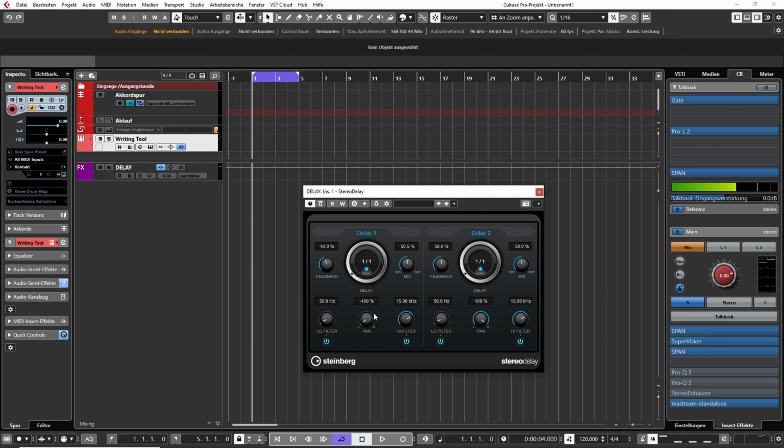And also, you have the panning option here, which tells you on which channel basically each of these delays should work. In this case, it is set to default only working on the left channel, and for the second one only on the right channel, which means that you have a quite easy way to simultaneously talk about your left or your right channel and apply different delays on each of those. You can also blend them in if you change these parameters,